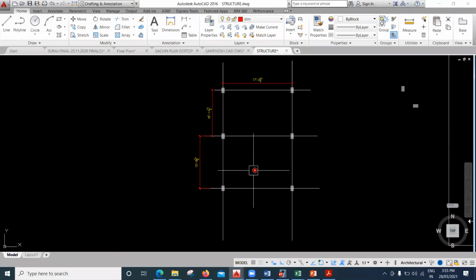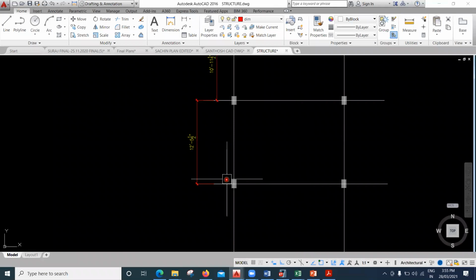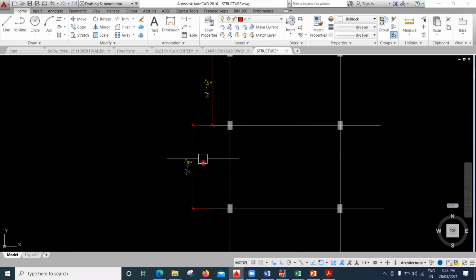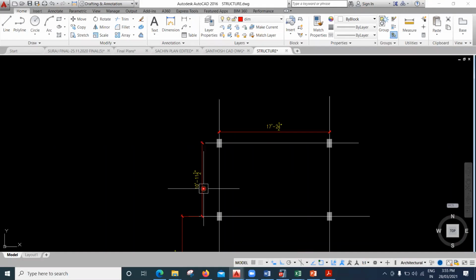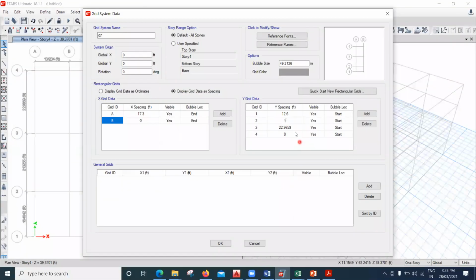Yeah. Similarly along the Y, try to see along the Y. You have to start from bottom. So from here to here it is 12 feet 5.5 inch. Let me consider this to be 12 feet 6 inch. I'll go here, and here it will be 12.6. And coming to the next one, the next one is 10 feet 11.5. We can consider this to be 10 feet 12 inches, and 10 feet 12 inches in the sense it's 11 feet. I'll directly take this as 11 feet, and the last one is 0 for me, and the last one is not required. Delete it. So the grid lines is created.